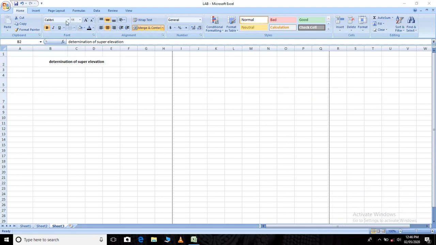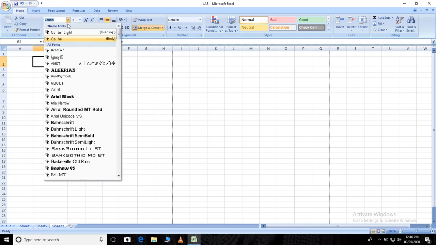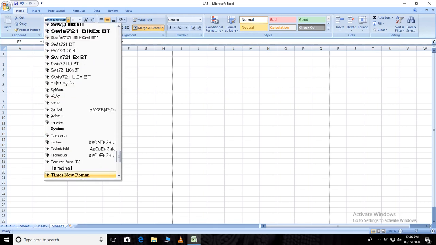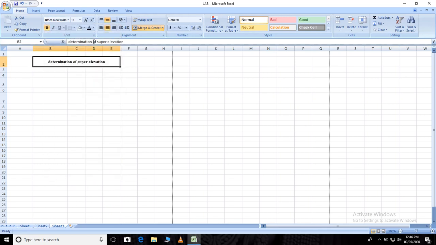The next option is if you want to change the text type. Here there are different options. I want Times New Roman, so you type Times New Roman. You can check here, Times New Roman. If you want to change the text size, I'll type 20 and press Enter. Then you increase the cell again and say Merge and Center.